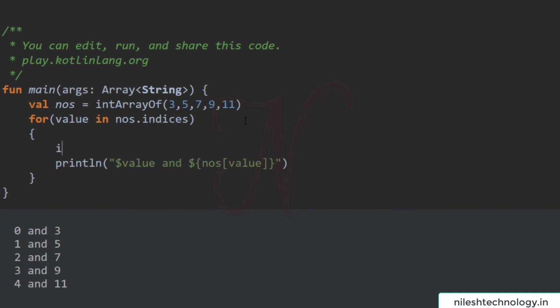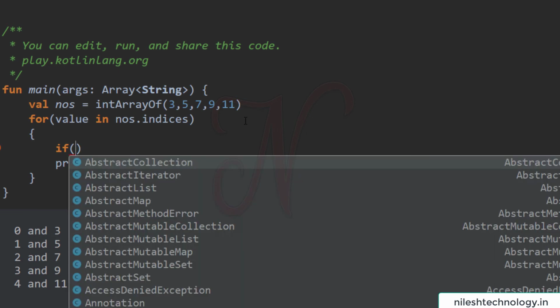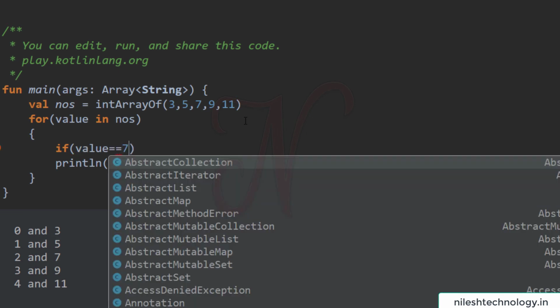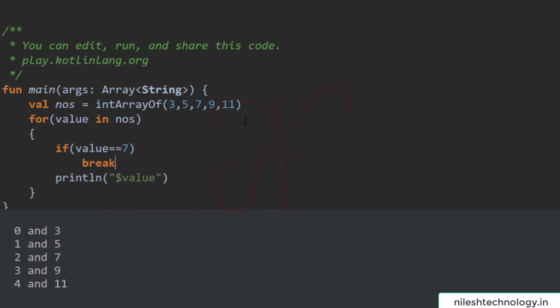Here we use only values, numbers, and print only values. So see here, if value is equal to 7, then break. So see the output. Here it prints 3, 5, and when your value is 7, this breaks